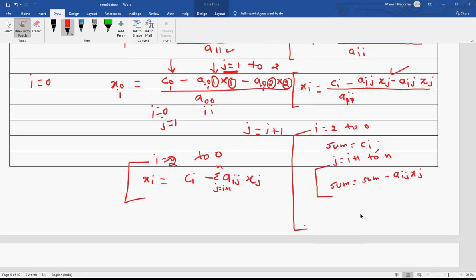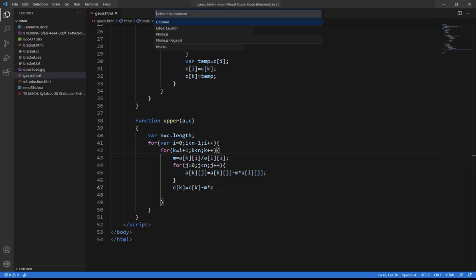Once that is done, this sum contains the numerator, so x of i is equal to sum divided by aii. So I will get the value of xi. This is the basic logic of back substitution, and this is what we are trying to work out with the code.